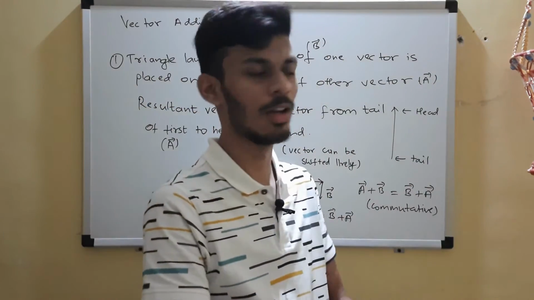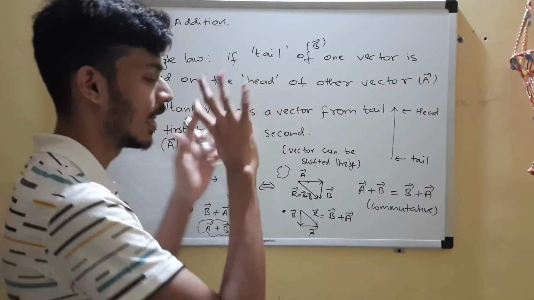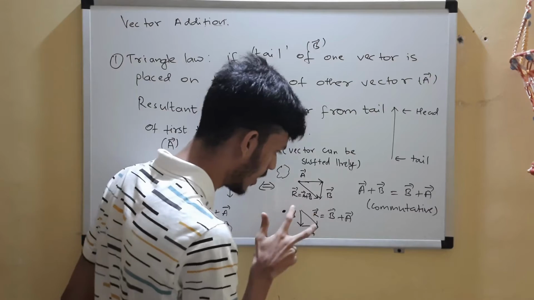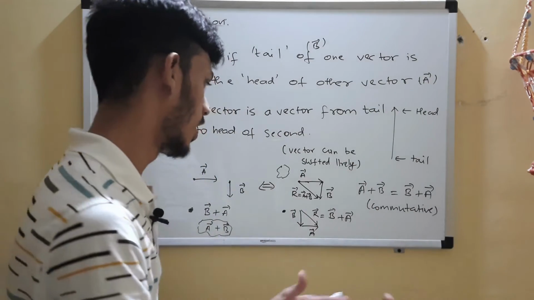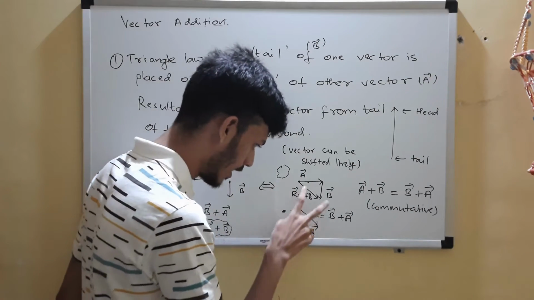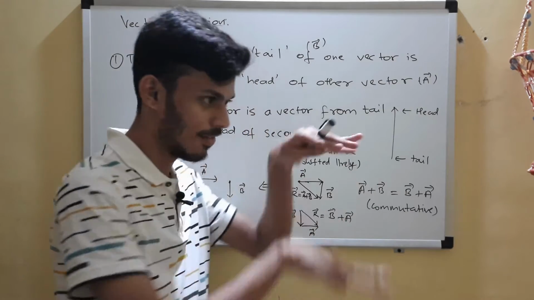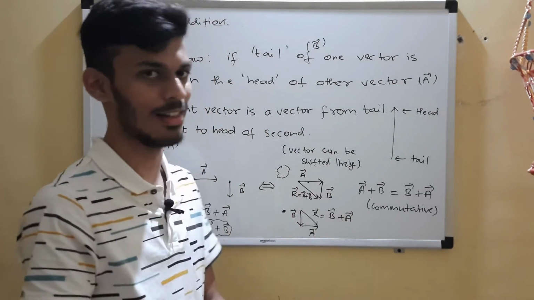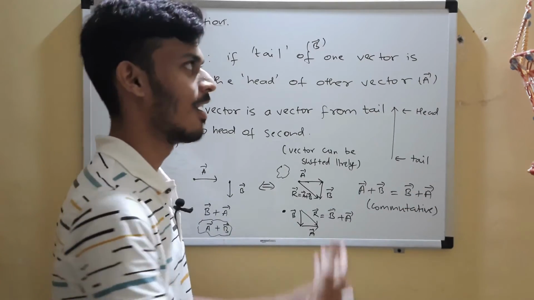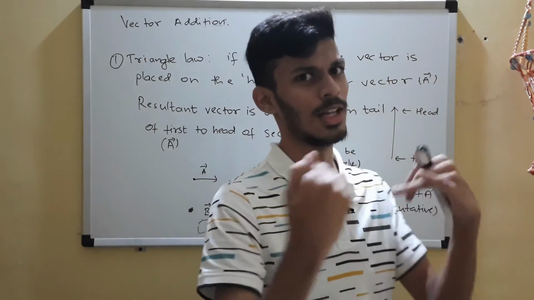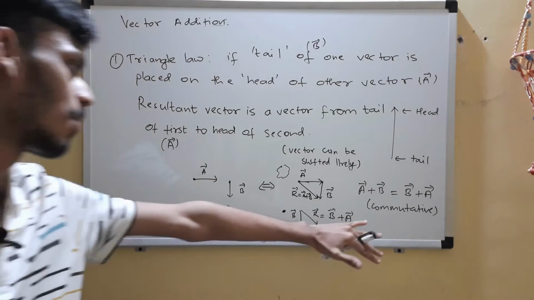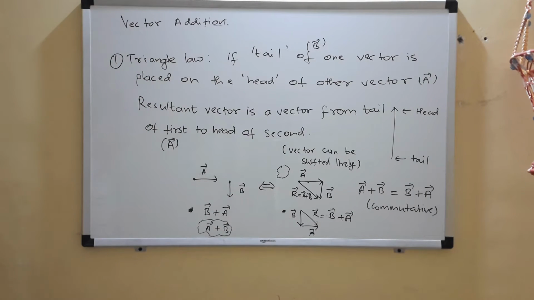I'm drawing on the board, so I have neglected the lengths and other aspects, so it is not showing up the same length. You can draw it on graph paper. You'll have exactly the same length and they will be parallel. It's just like the r vector is shifted parallel. Vector a plus vector b is the same as vector b plus vector a. So this is the property that you can memorize.